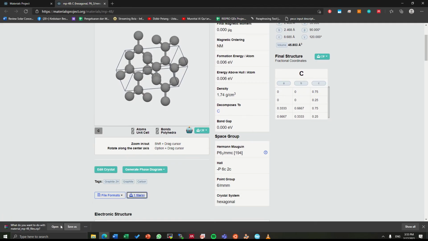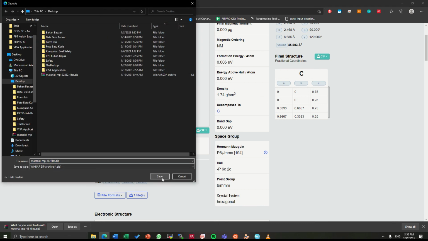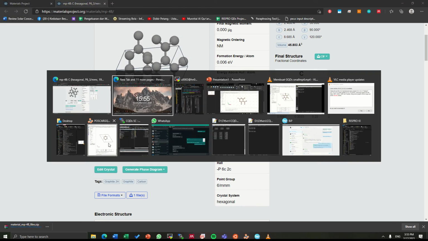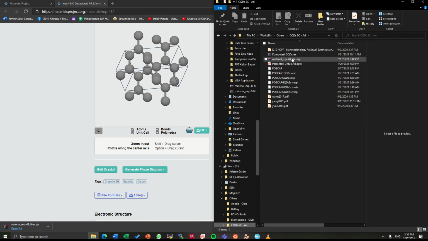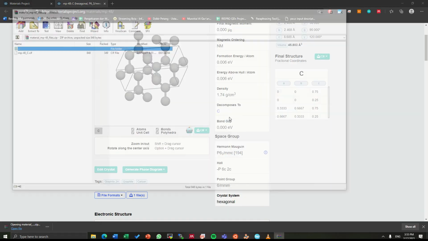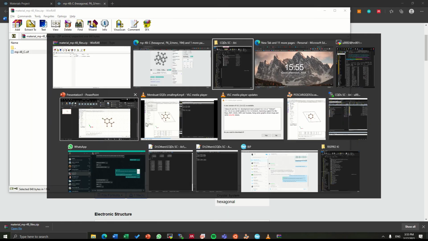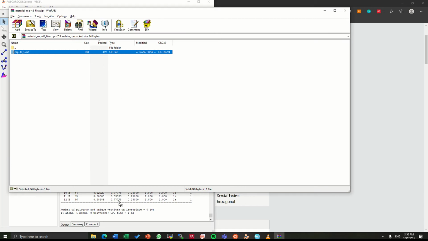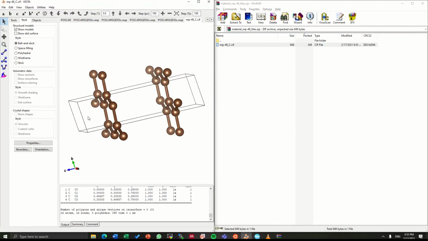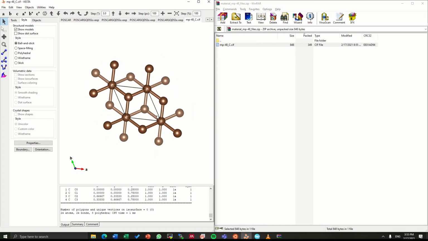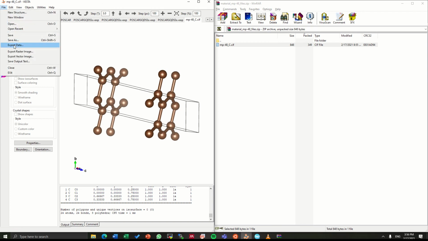After we download the zip file, we can open it. Here I already downloaded it, so let's see. Open file. If we just drag and drop this file, we can see that there is the structure from the Materials Project, and we just have to export the